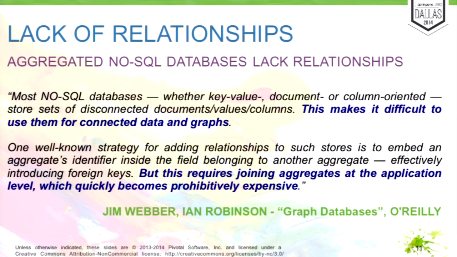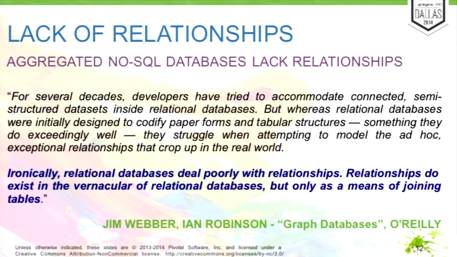The problem is that most databases really don't care about connections between entities. So if we look at NoSQL databases, what they mostly do is to just store foreign keys or key identifiers in entities or documents that point to another entity or document. But if you want to see what makes up your domain, what is the essence of your connected domain, then you have to query it one by one. So that's a problem with most of the NoSQL databases.